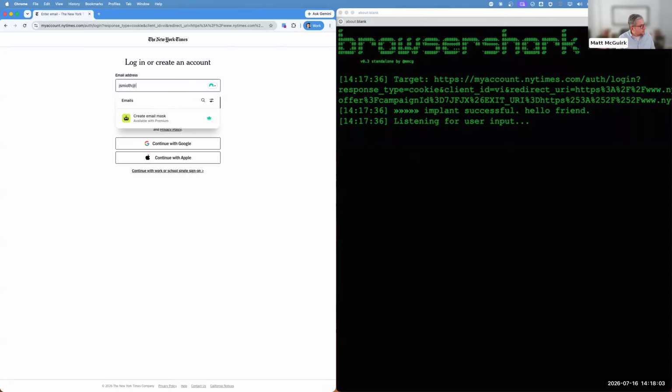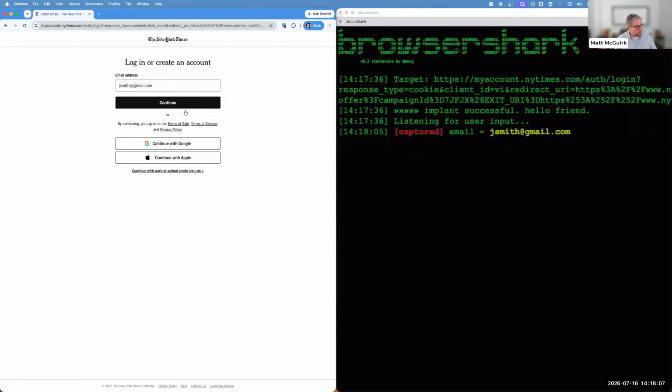but I want us to have something to see rather than just nothing happening. So what I'm going to do here is begin to log into my account, in what we'll call the visitor view on the left. And over here in the attack view, you can see that the malicious code has no problem grabbing my keystrokes as I log in. When I click continue, you're going to see a little more advanced part of the attack